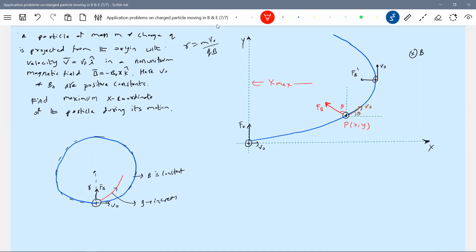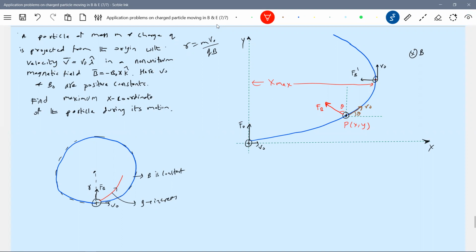Sir, how can you say maximum displacement? After this, the position of the charge particle from the origin, the x coordinate will decrease, no? So among all this, there's the maximum displacement. Tell me, at maximum displacement, what conditions will arise? The velocity of the particle is along positive y direction. I think this is a core central part of our discussion.